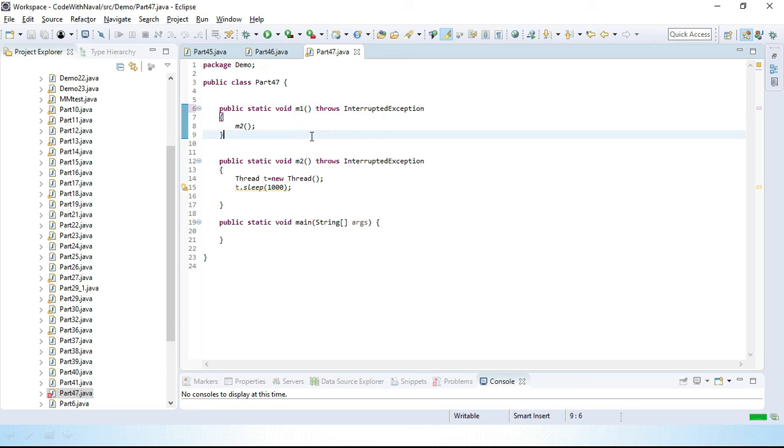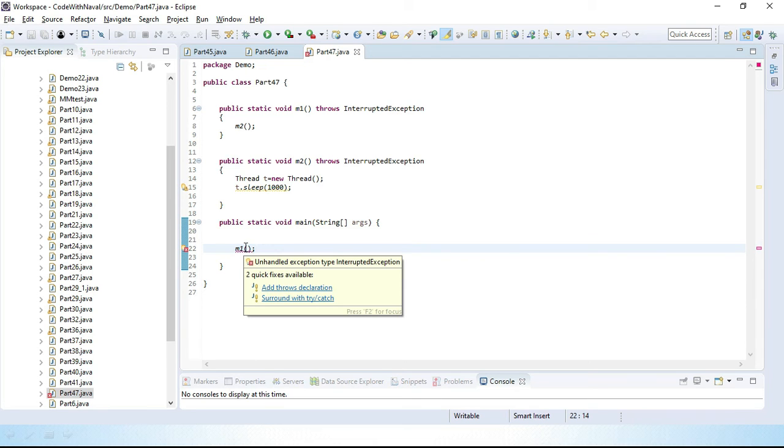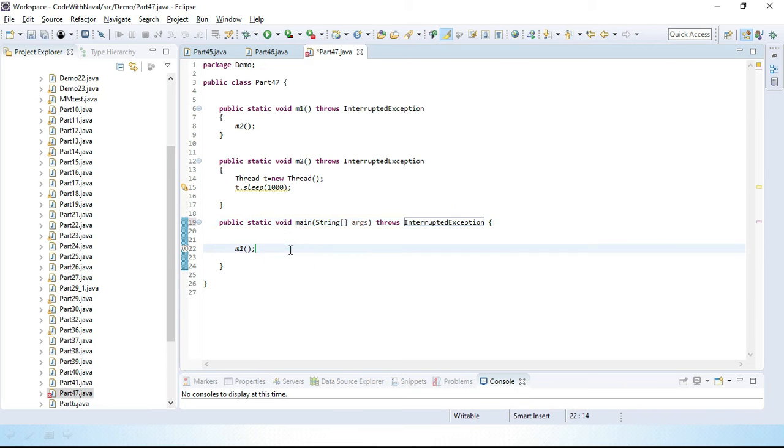Then in the main method I'll call that m1. Here also we have two options: either handle that error or delegate it. If we delegate it in the main method, whatever is delegated from the main method is the responsibility of the JVM to handle.